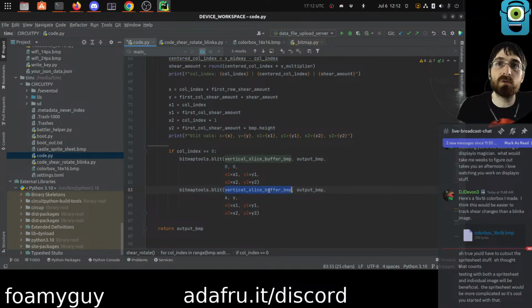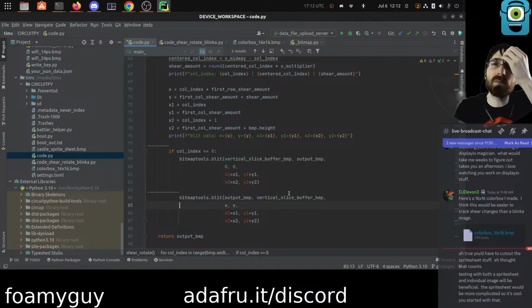And then when we want to go back into that, we're going to go to the output from the vertical slice buffer. I'm not positive this is going to make a difference. I probably am not explaining it in a way that makes very much sense either, but basically I think it's almost recursively trampling on itself. Maybe it's because I know internally it's going 1 pixel at a time. So it's going to move 1 pixel and it's going to try to move the next and the next and the next, but